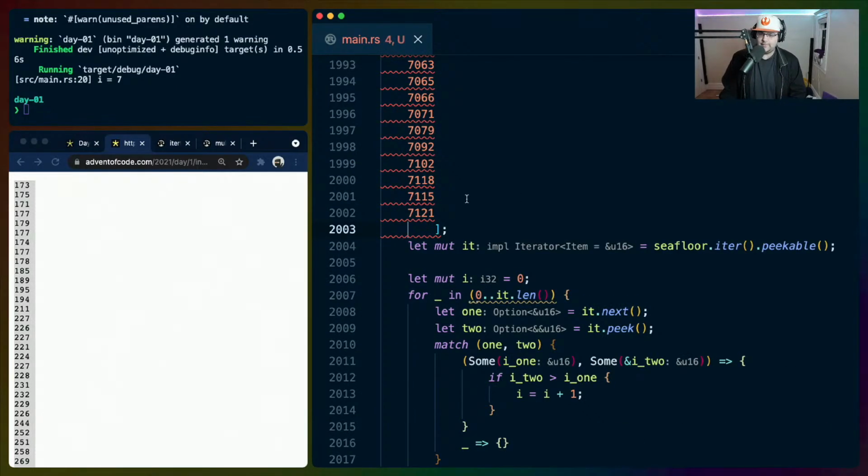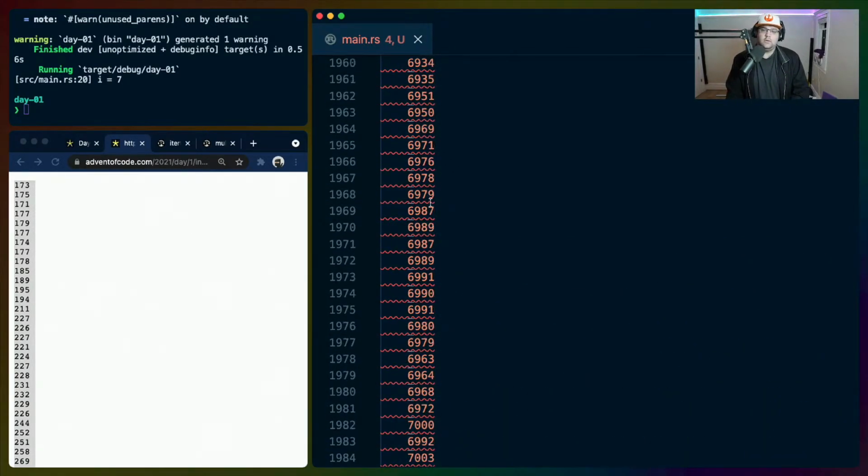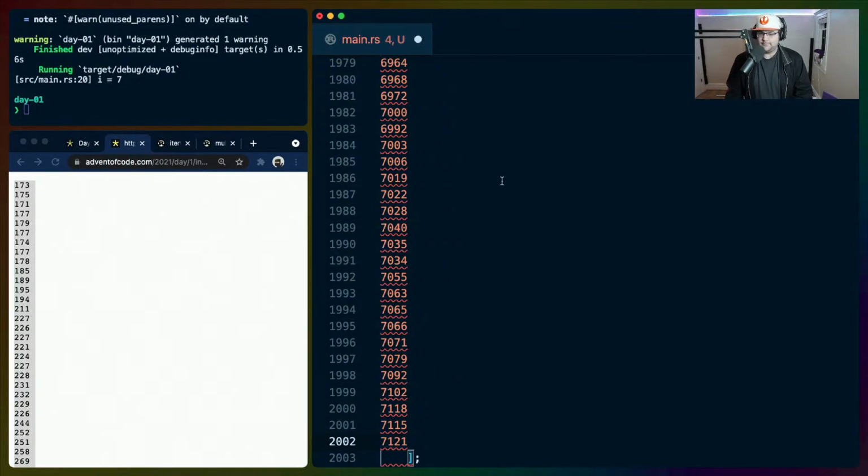u16 should be fine. Oh, this is like 1,000 of them. Maybe I should just read the file in. I'm going to have to read the file in anyway at some point. We're going to read the file in.